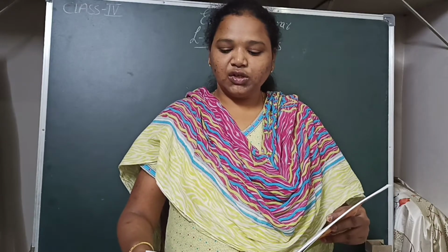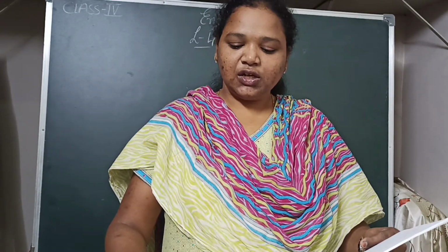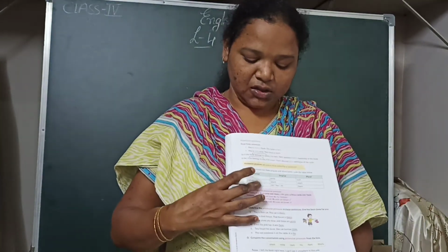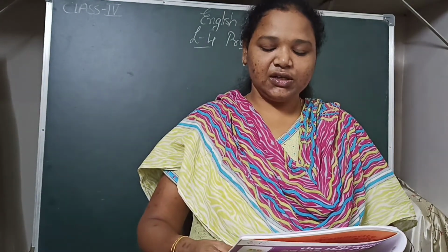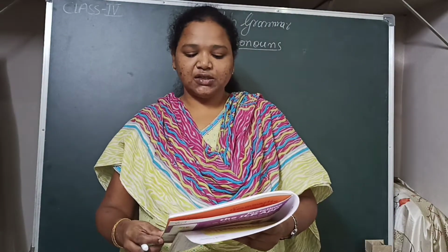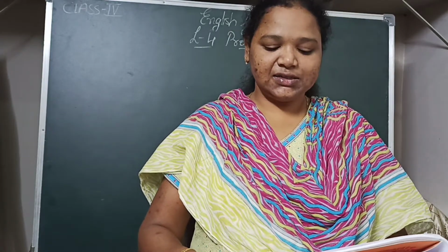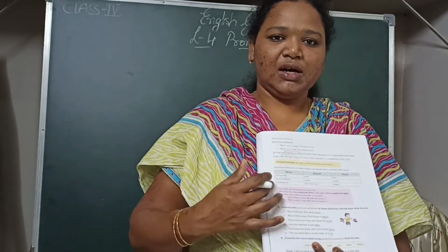So possessive pronouns are used to show ownership or possession. Okay. So possessive pronouns too have singular and plural forms. Look at the table below. So here see they have shown a table to make us understand what are the uses of possessive pronouns. Okay. So person, first person singular mine, plural ours. Then second person yours, yours. Third person his, her, its, theirs. Right children? So you have to go through this table to understand it.